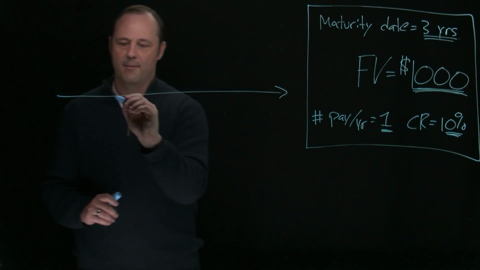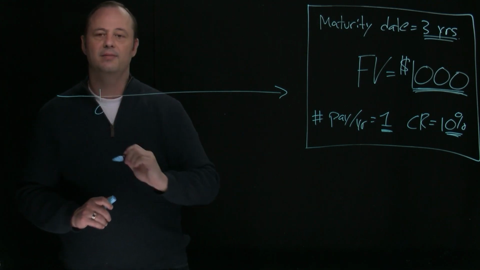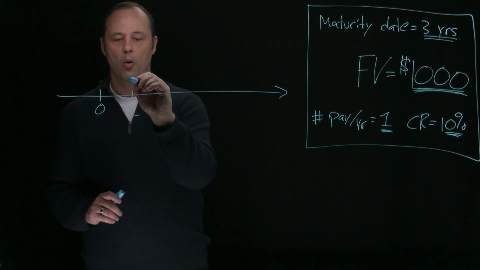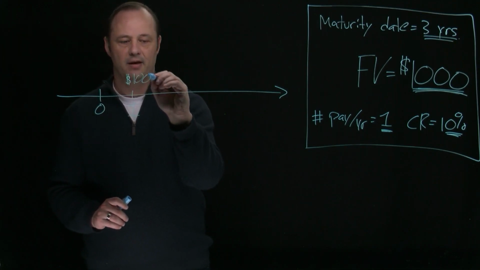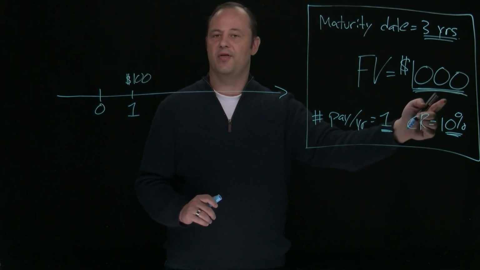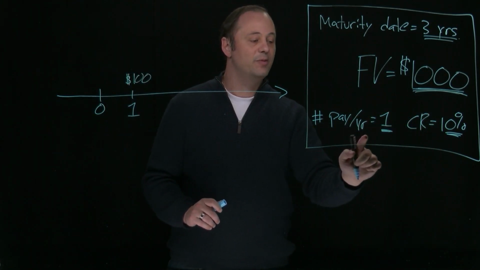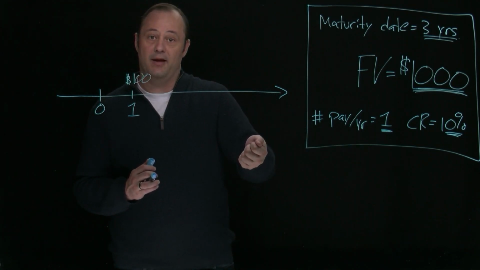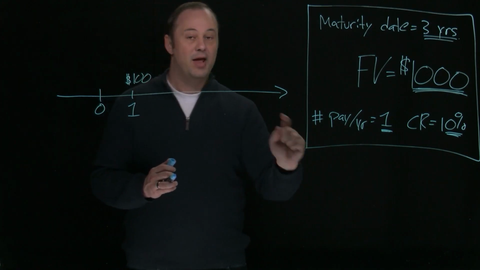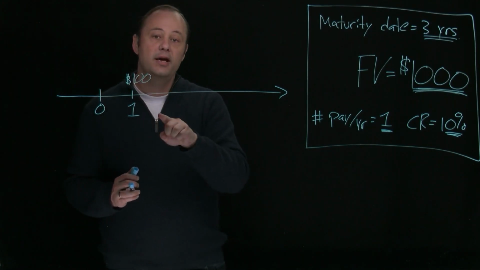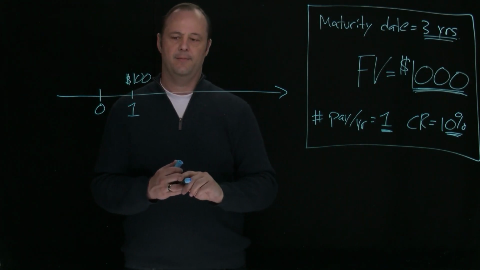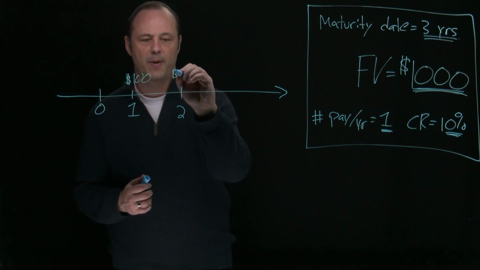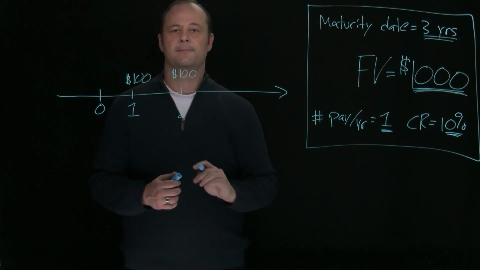So when IBM issues a bond like this with this series of promises, it's essentially promising the following stream of cash flows. Imagine we're starting here at time 0. At time 1, a promise of $100 is made. 10% of the 1,000. If this was number of payments per year 2, that would be in 6 months, $50 would be paid. Does that make sense? But it said annual coupon, so 1 year from now, $100 is paid. 2 years from now, what's going to be paid? Another $100.